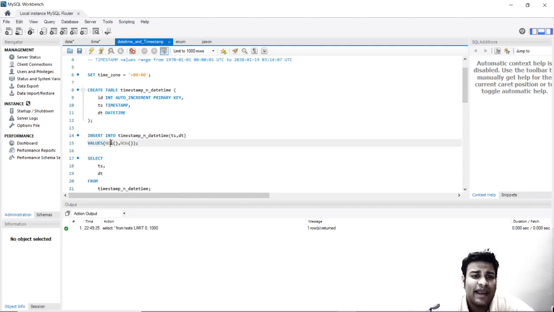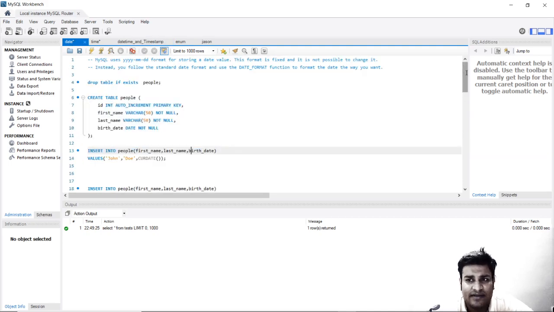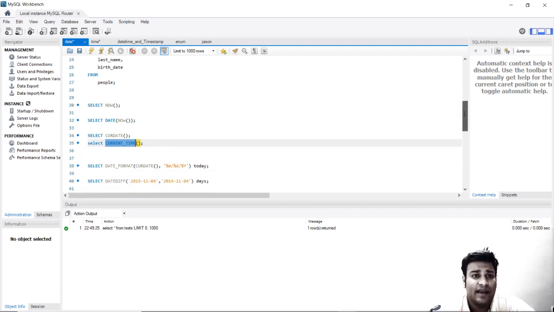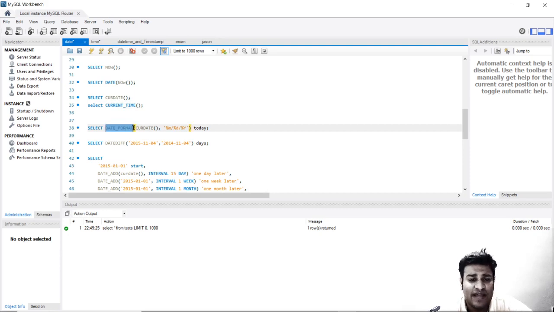Now again, we have already discussed this function. It gives us both the time and the date. We have already discussed this function. Now, current date, current time, you have to learn them, please. I am repeating them again and again so that we learn it today itself. Current date, current time, date difference, date format. Whatever format we want the date in, we can have that format. So this can be replaced by anything, like I just showed you, right?